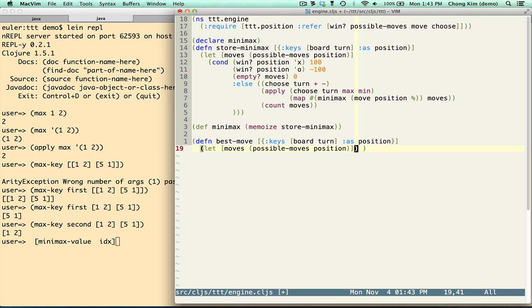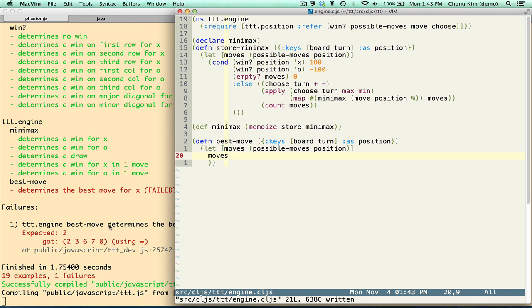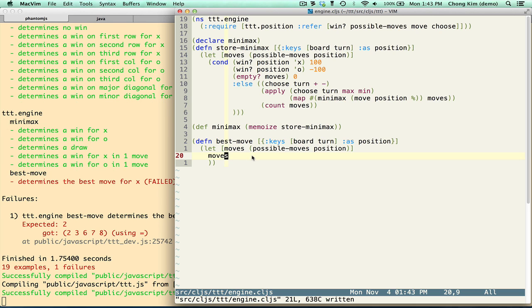All right, so starting with the moves, let's see what happens if I just run it. Okay, so we know our choice is one of these. It's actually this one, but then we're going to do the filtering here. We're going to modify this to map indexed,